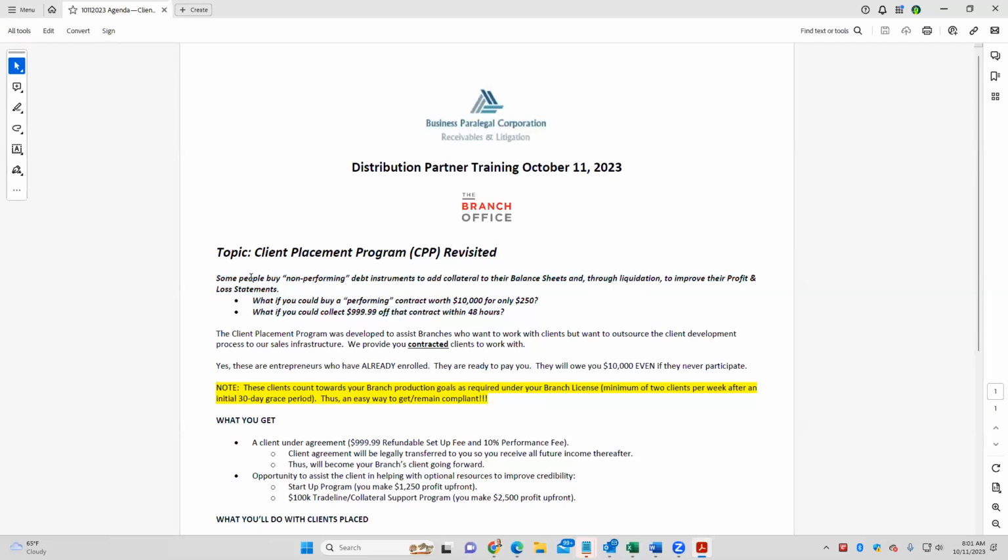As you may know, separate from the CPP, we have the Collateral Support Program. What is the Collateral Support Program, or what benefits does it provide clients? Well, the Collateral Support Program is a legal method of transferring assets in the form of receivables to put on the client's financials so they have collateral to qualify for funding. And then we can help them liquidate those receivables and turn that into cash to improve their cash flow, their bank statements, and their income statement / profit and loss. But, truth be known, the Collateral Support Program is composed of